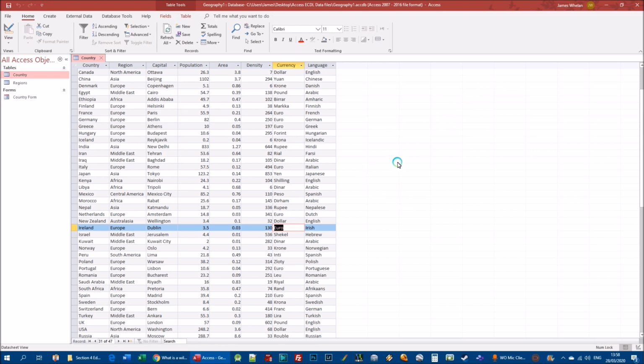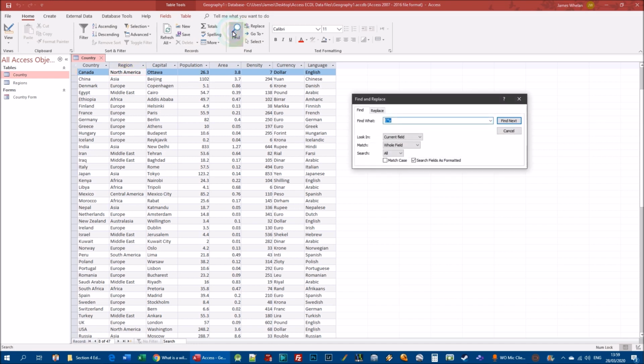Let's look at one more example. I'm going to click on the region one, and I want to look basically for any regions that contain the word America. So how will I do it? Well, I click in the first row, again because I want my search to take place from the first row down. Click on find. And what I'm going to do is enter the following in the find and replace dialog box. So clicked in the region column, I'm going to make sure the current field is in the looking box, and then in the find what box I'm going to type in America,